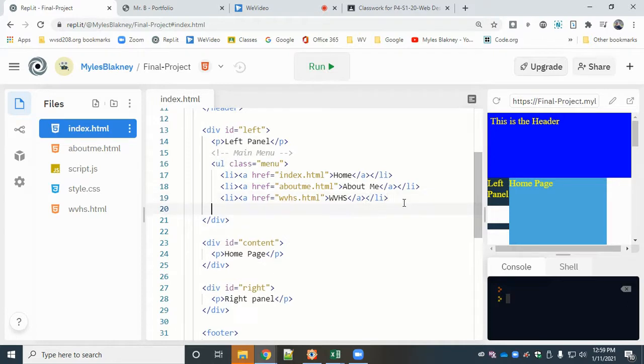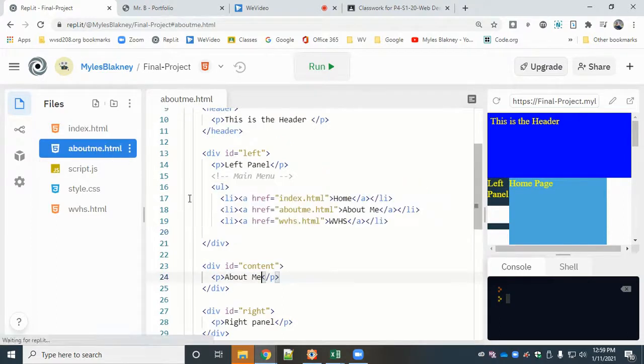Where's my closing UL? Did I erase that by mistake? Make sure it has the closing UL. I think I erased it. There it is. Okay, so I'm going to copy from the open UL with the class of menu, all the list items, Control C, come over here, Control V, or highlight it, Control V, back to my indenting,